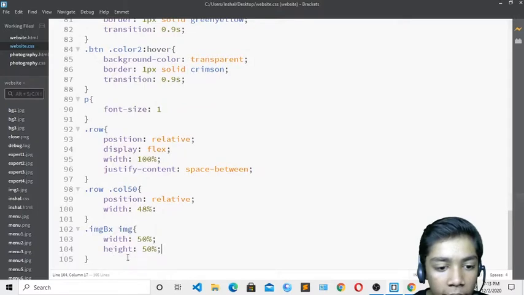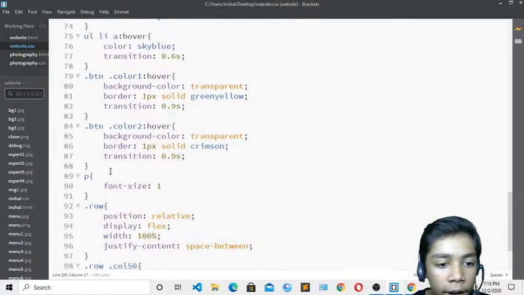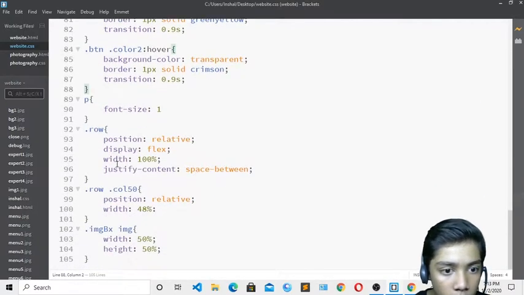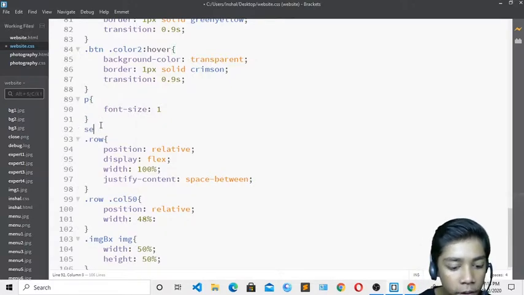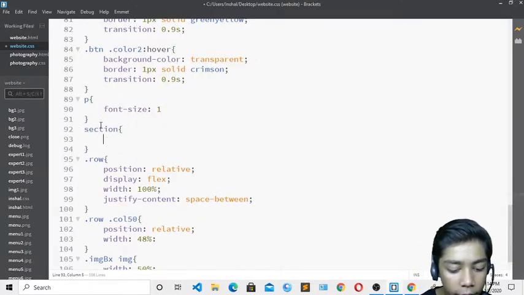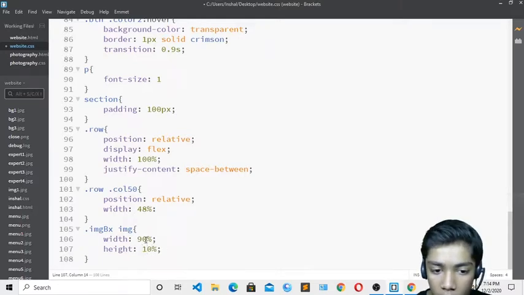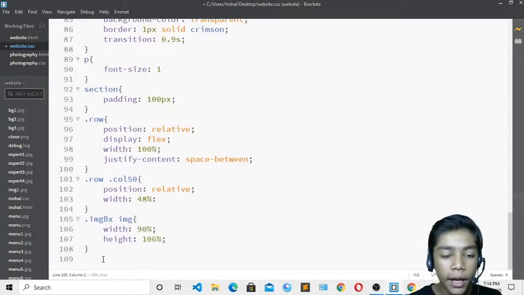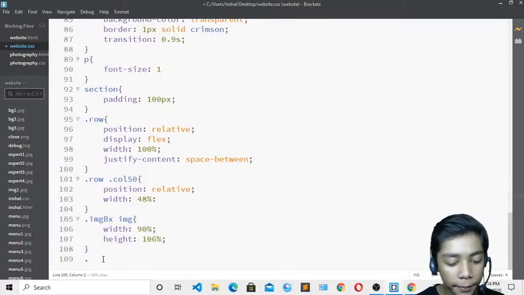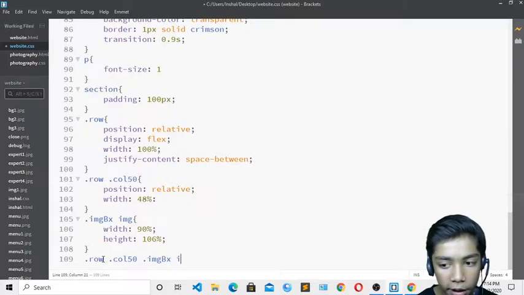I have to do one thing over here: I will define section, and write padding 100 pixel, and then 90, and 106. Then I will come over here and write dot row dot col-50 again, like I previously wrote, and now write dot image box and image.